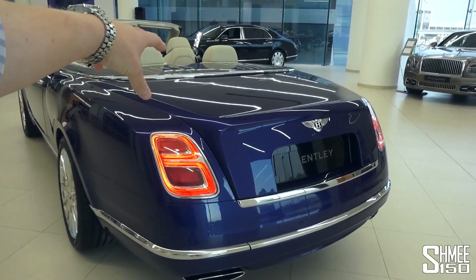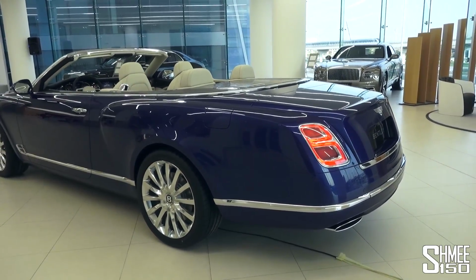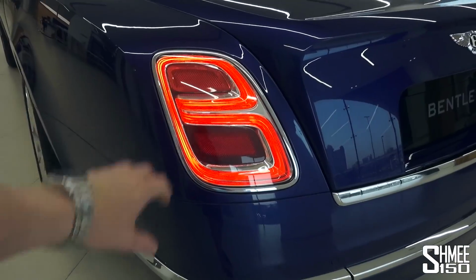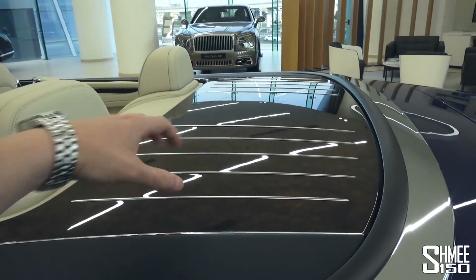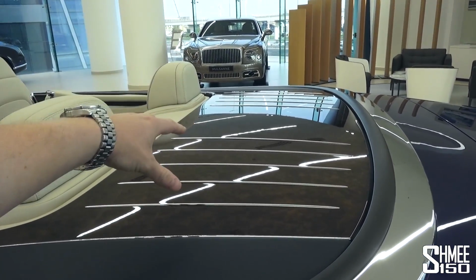A large rear. Of course, the roof will be a folding fabric roof system, and that's actually quite a significant part of this car. But I love these Bentley B details everywhere you look around the car, and the rear tail lights there as well. But one particular highlight is this piece here, the largest piece of wood that can be used in automotive manufacture,